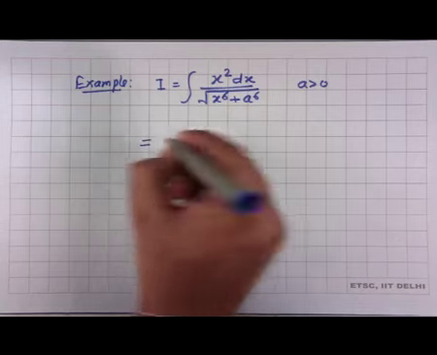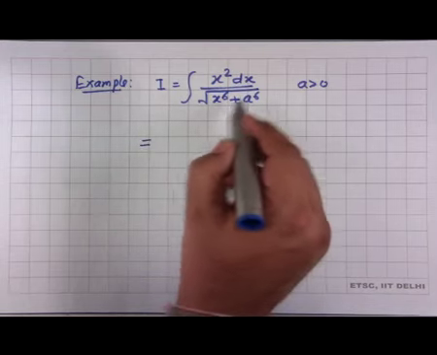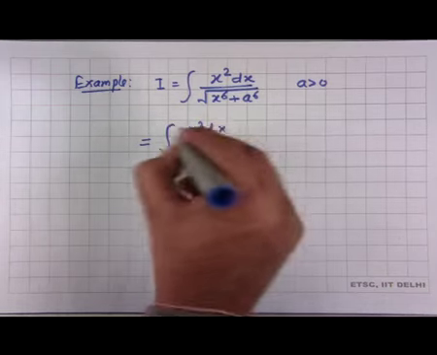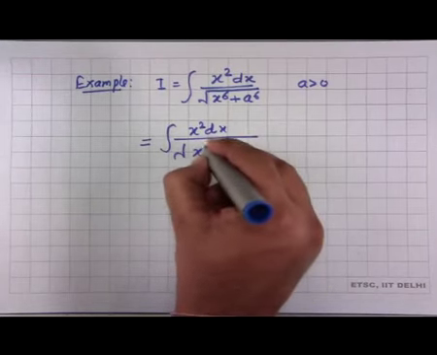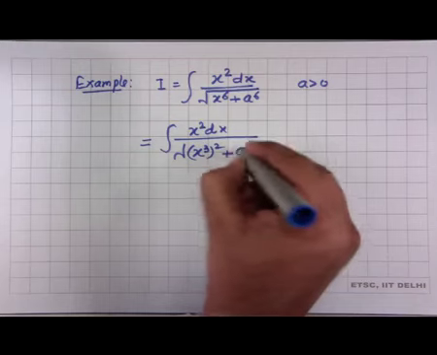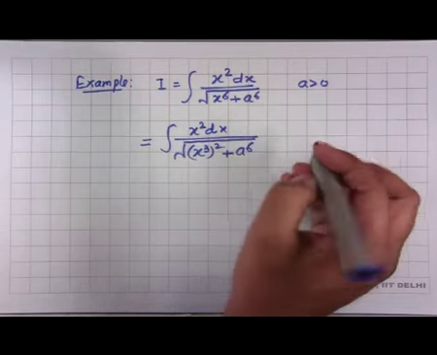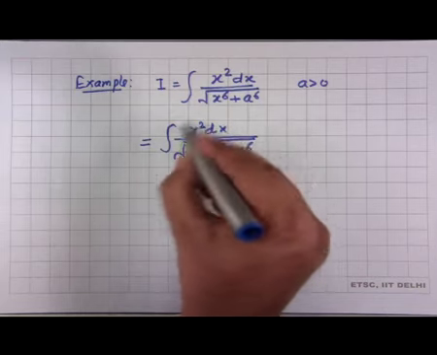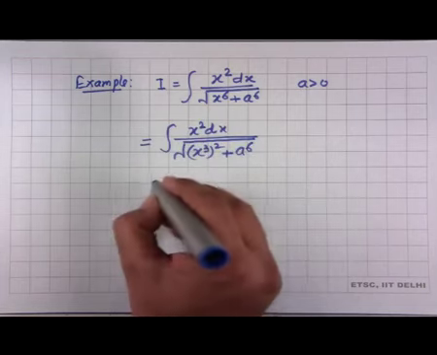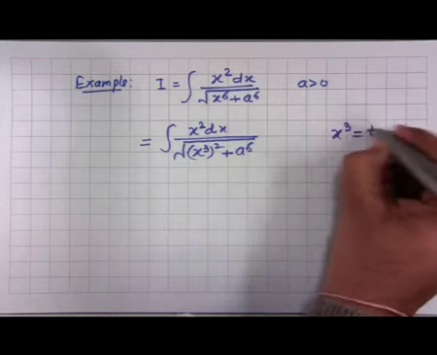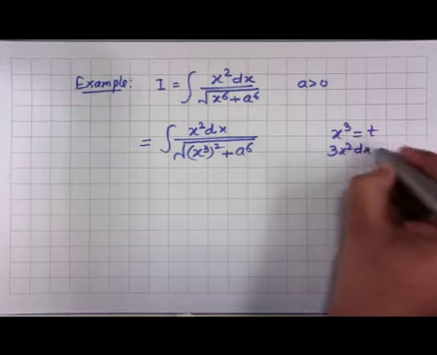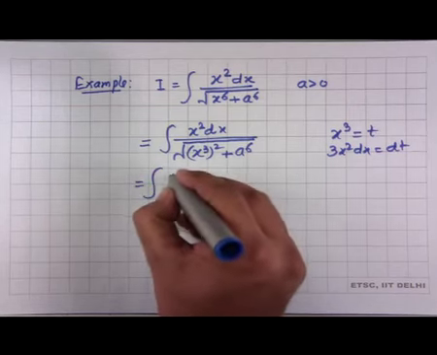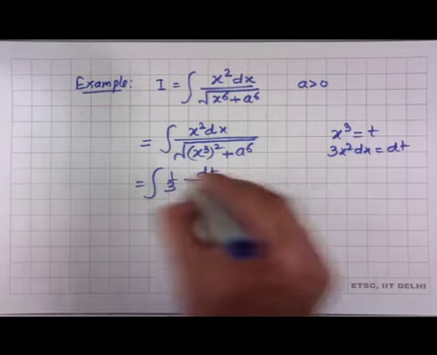Well, I hope you would have quickly noticed that this integral can be represented as x square dx over square root of (x cube) squared plus a raised to power 6. And if I take the derivative of x cube, I will get x square, which is part of the integrand. So, taking x cube equal to a new variable t, x square dx turns out to be equal to dt/3, and therefore, this integral will be converted into the form of 1 by 3 dt over